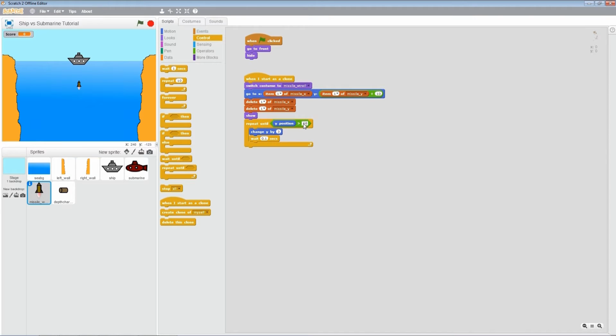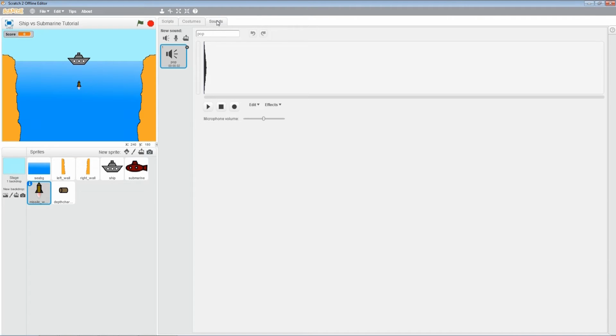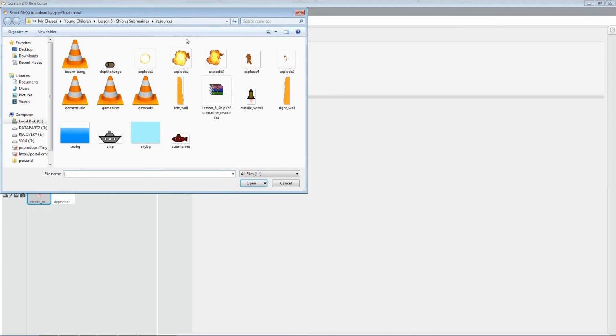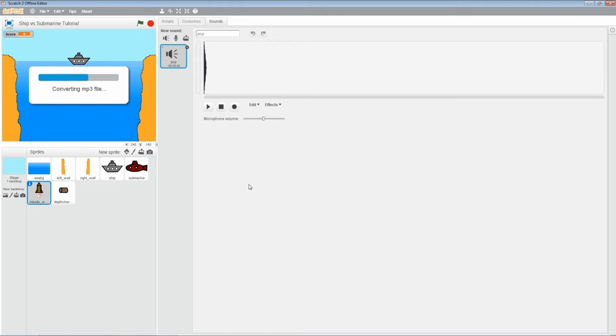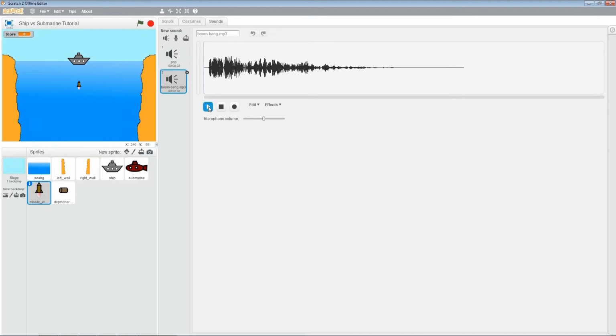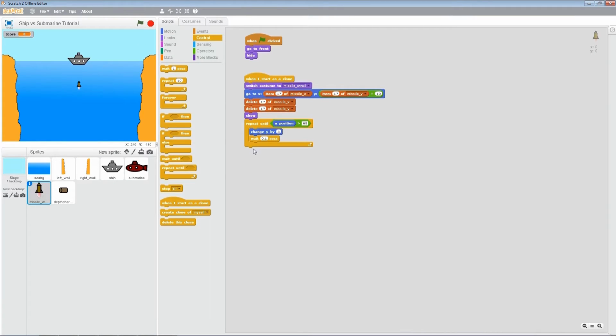Now what should happen next is we want to have a sound of the explosion. So let's import the boom bang sound. I'm just going to play it out here. There you go. That's how it sounds when the missile explodes. So I will play this,